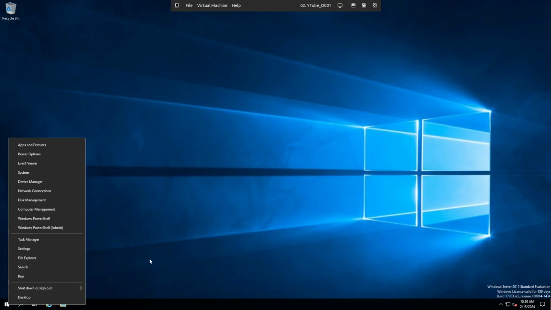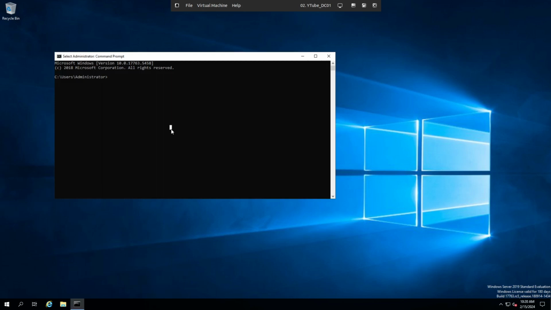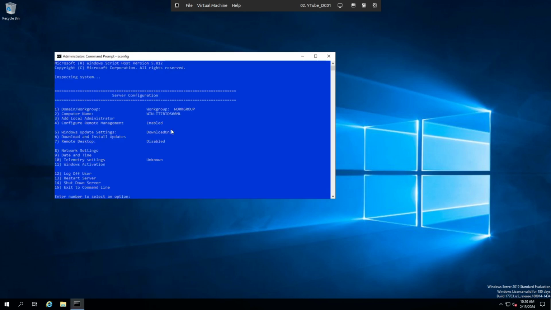We're going to click on Start, right click on the command prompt you had pasted before, and run as administrator. In here, we're going to open back up sconfig. And in sconfig, you have the option here to rename the computer. So if you hit number 2,